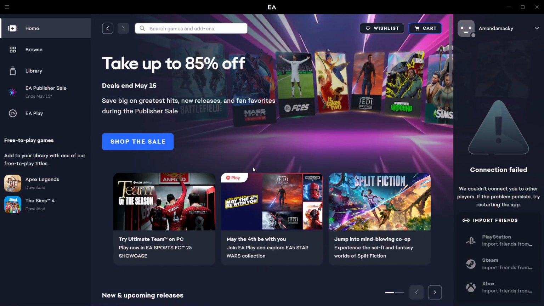Okay, and how do you do that? Let's go ahead and walk through the workaround. So some users have reported success in disabling cloud saves on a per game basis by adjusting settings within the EA app. So open the EA app, just launch the EA app on your PC, then go ahead and navigate